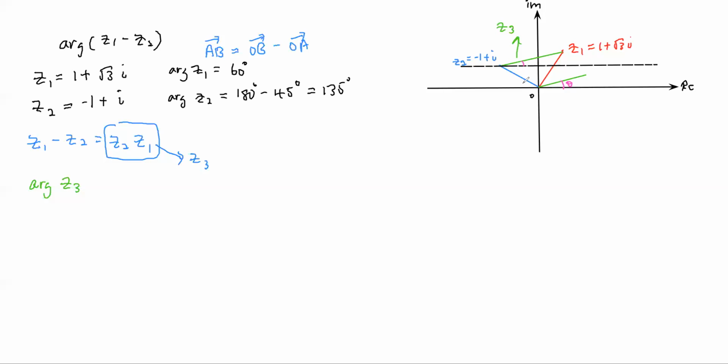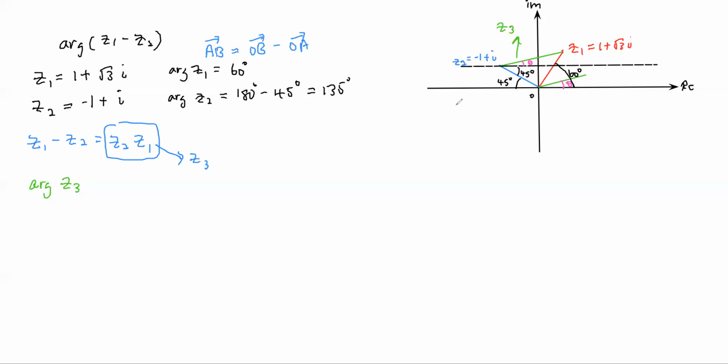So basically, this is 45 degrees, and the argument of Z1 is 60. So this entire thing is actually 60 degrees. Now, by alternate angle, this is also going to be 45 degrees. By alternate angle. So to find theta,